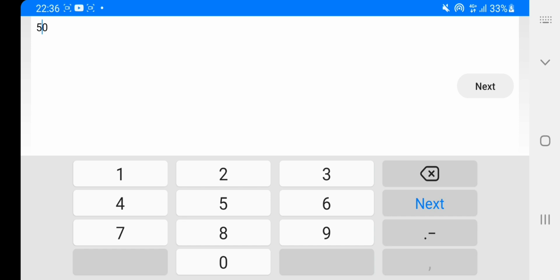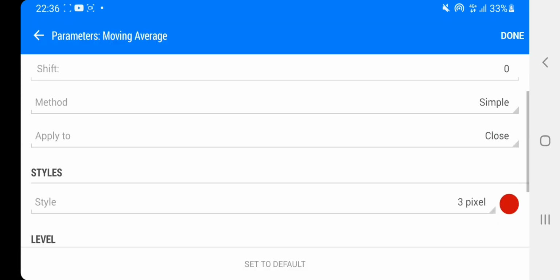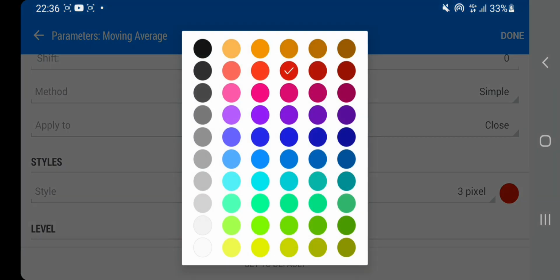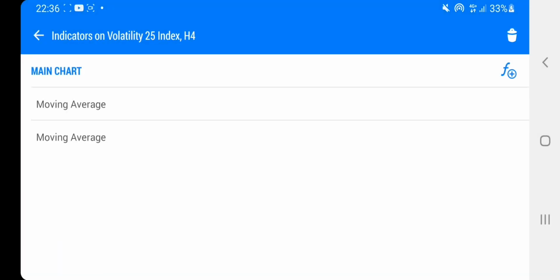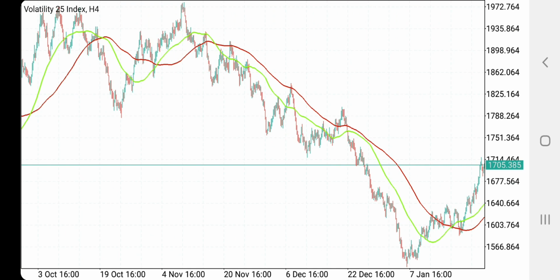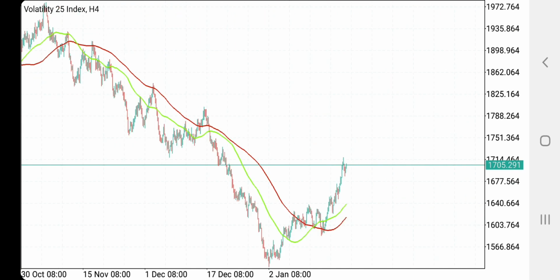So put 50, say next, done. With this one, we're going to have to change the color so we can know which one's the 50 and which one is the 100. So we'll put it as green and we say done. Okay, so ladies and gentlemen, as you guys can see, we have the green line, and then we have the red line. So the red line is basically symbolizing the higher period moving average, and the green line is symbolizing the